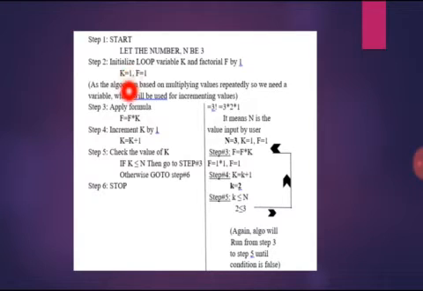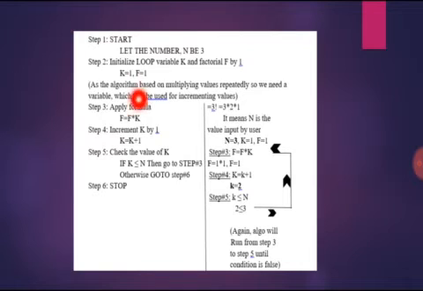So here we have an incrementing variable known as k, which is 1, and there is an f variable, f stands for factorial, which is equal to 1. Now the question is why I am taking the value f equals 1. As I told you in class, if there is any question in which you have to find the sum of a series, you will take the initial value as 0. But if you are multiplying values, then you will take the initial value as 1. Why 1? Because if we take 0, it will multiply with other values and make them 0 too. So that will not be